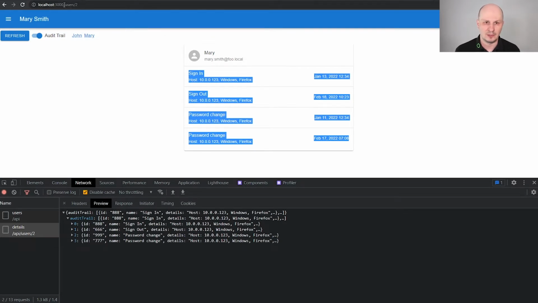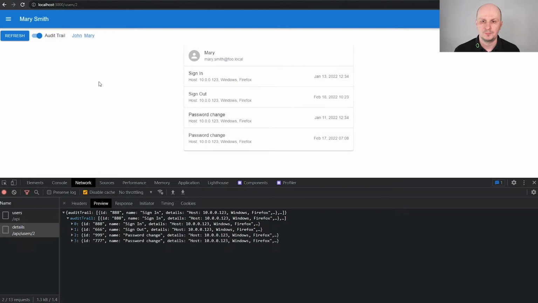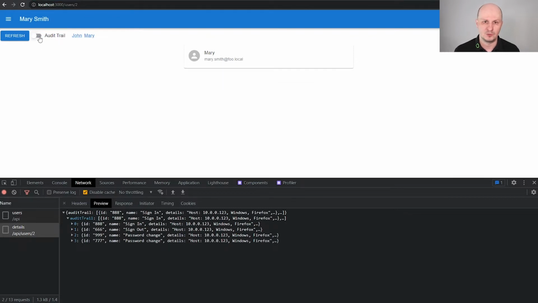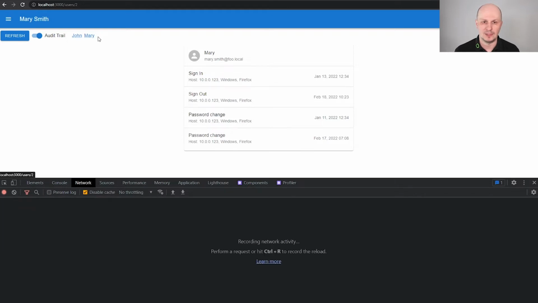So we also have a path with the ID in the location, and the user may choose to show or to hide this audit trail section. And we also have direct links to the details of John and Mary.